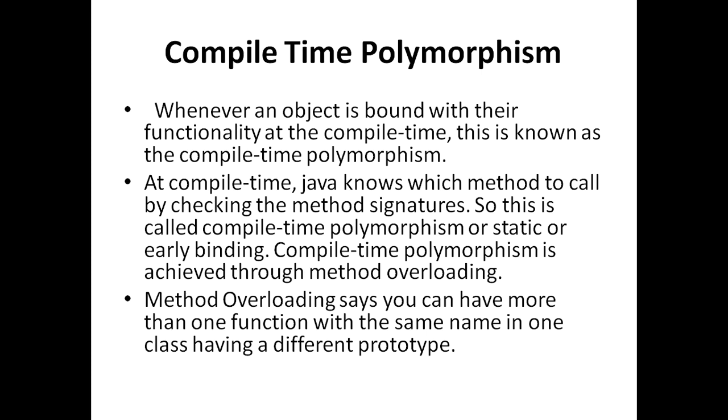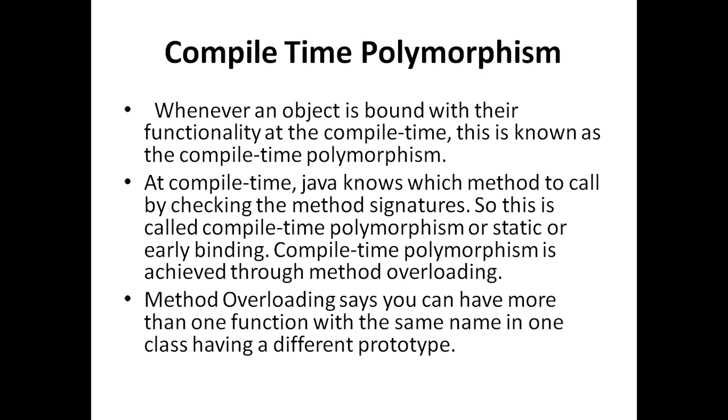Generally, it will be static. As I told, the decision will be taken during compile time. So compile time polymorphism is achieved through method overloading. There we are going to write the same method with the same name, and the return type will be the same. Nothing will vary there. So here I am going to overload, because the signature needs to be changed. If not, it will lead to an error.